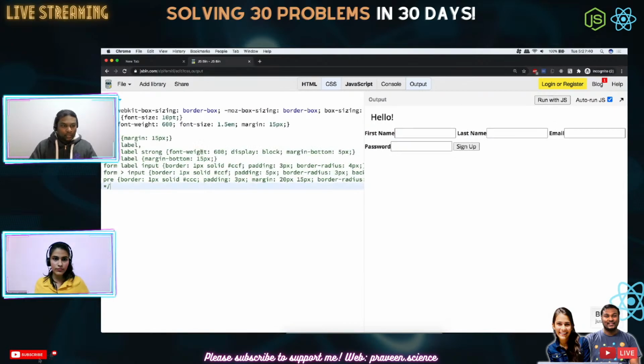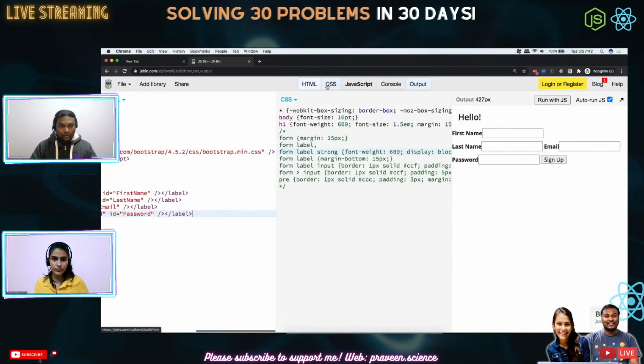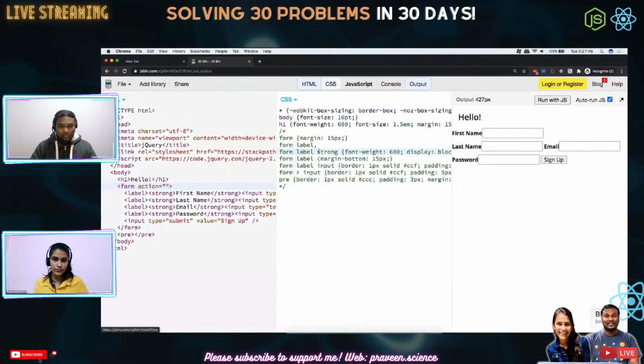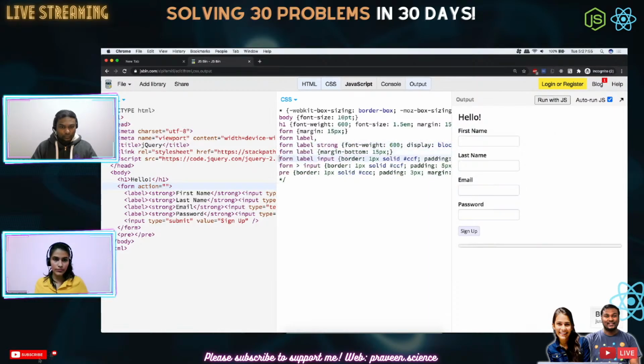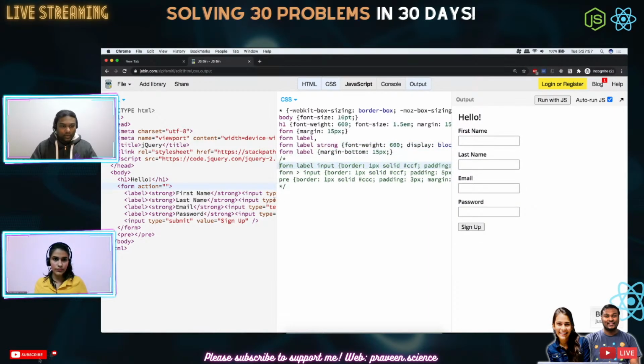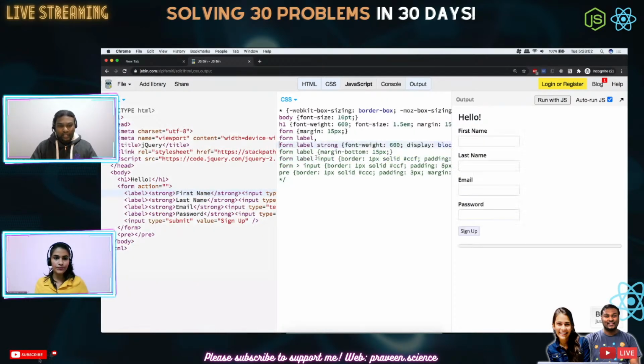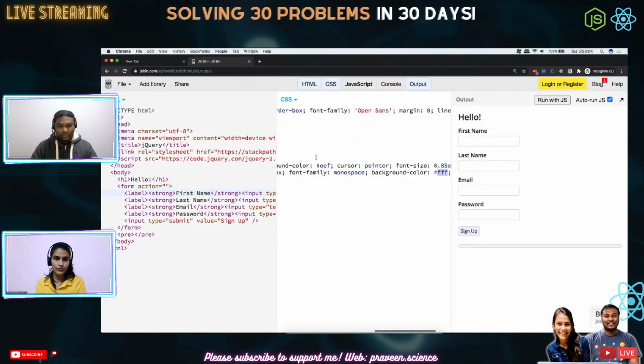All I would have done is use this one. Now, if I go back to, I guess, the strong and label, we could have left this way. For inputs, I could have used a form input. Okay, anyway, let's have the same CSS here, but